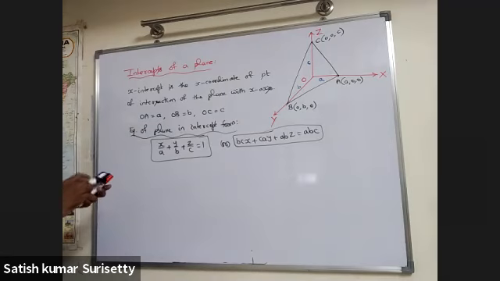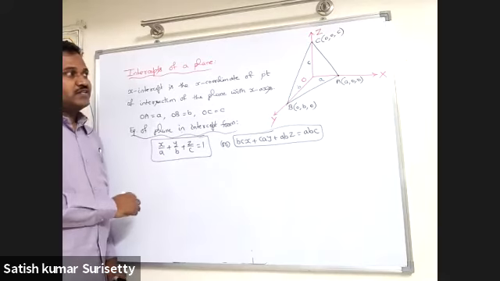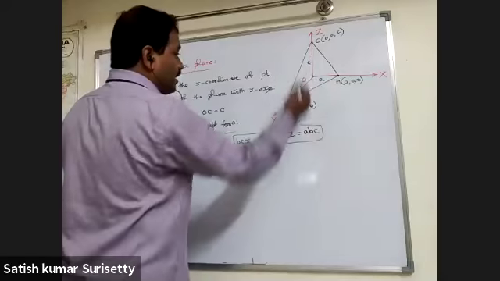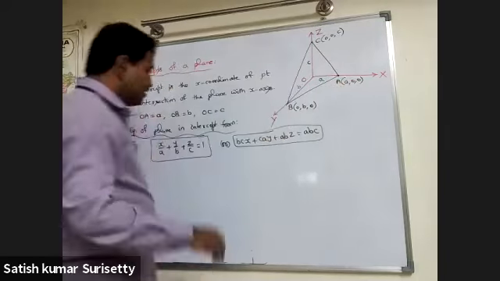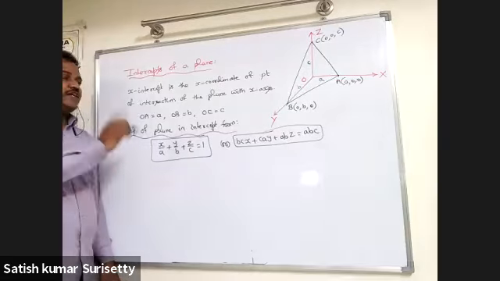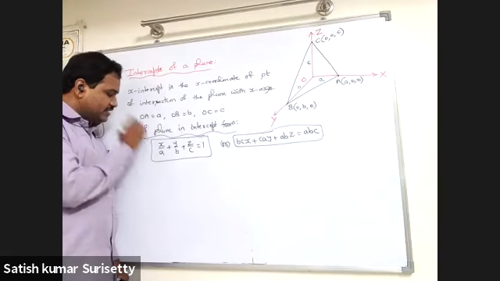Now, how to derive this equation: previously we have written the equation of the plane passing through three non-collinear points in determinant form. Here also we have 3 points on the plane, (a, 0, 0), (0, b, 0), (0, 0, c). So use the equation of the plane in determinant form and simplify to get the equation of the plane in intercept form.